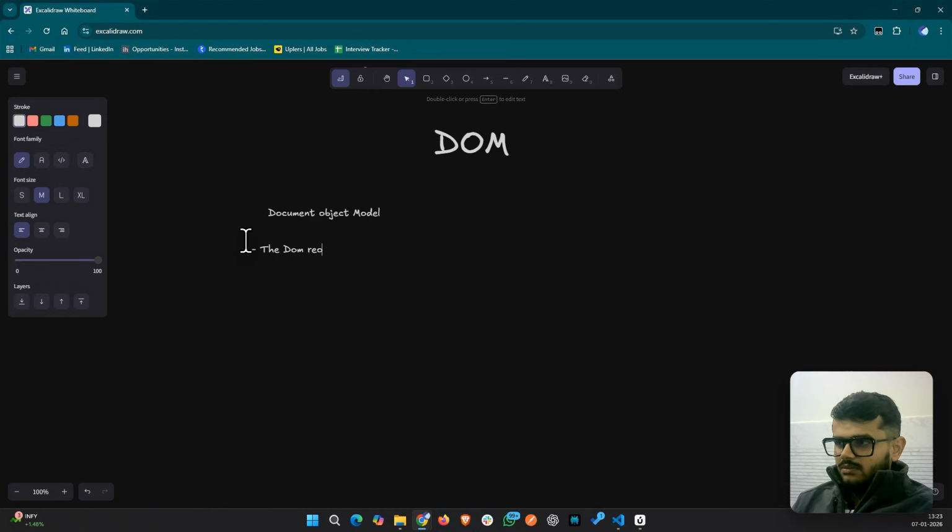So a DOM represents a web page, right? So it represents a web page as a structured tree of objects. Now, and most importantly, right, your JavaScript can access,